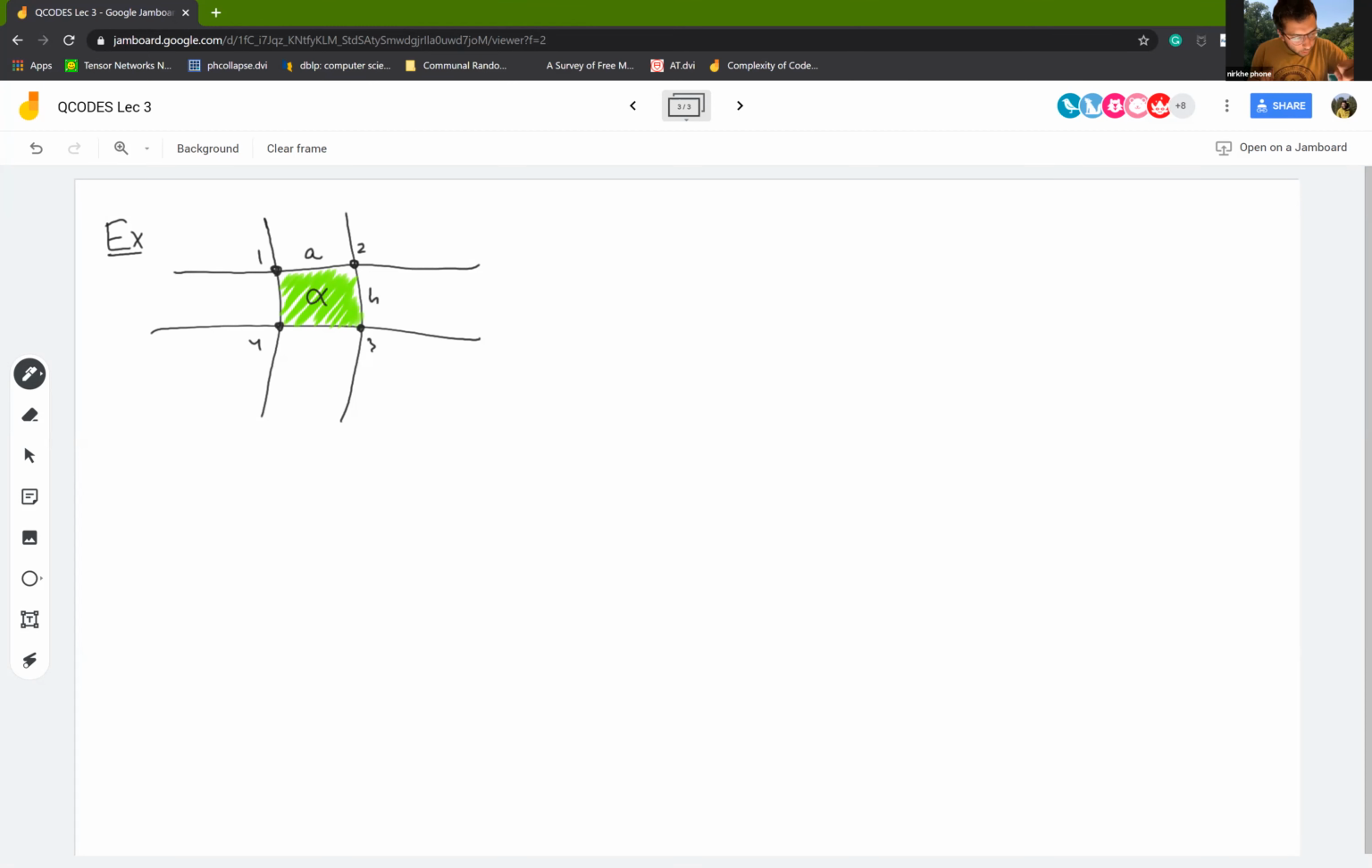Let's call these sides A, B, C, and D. Okay. So recall in the Torah code construction that Anand talked about last week, right? Given a face on the torus, we had a check which was all the edges that touched that face, right? So in this case, in our example,